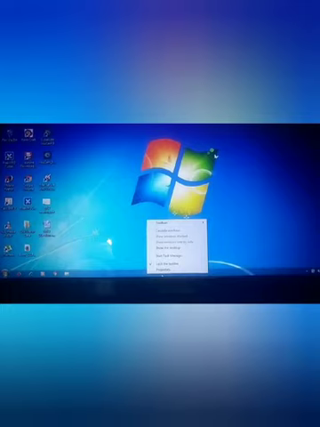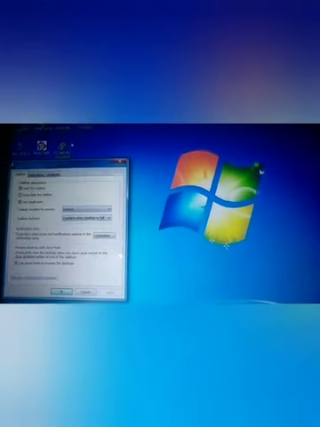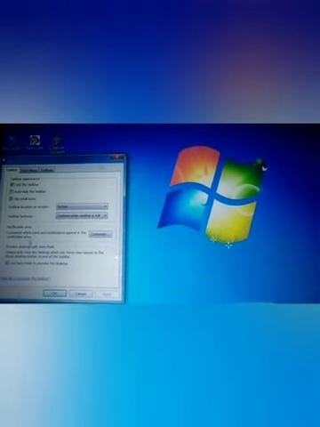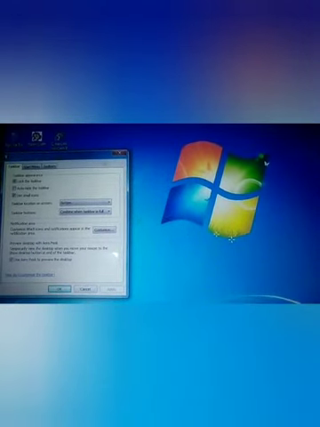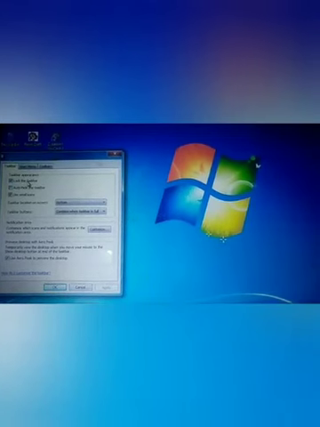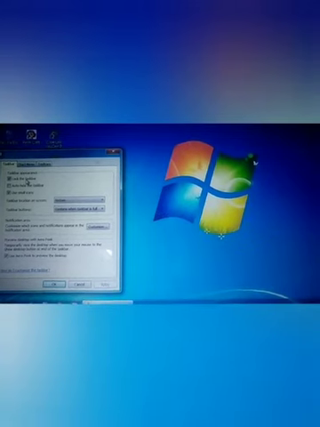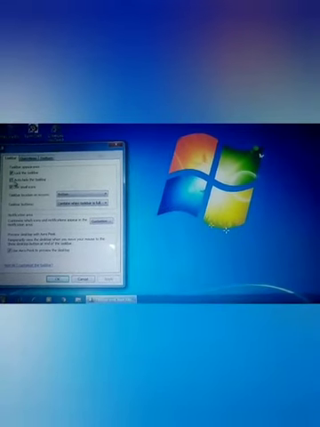See, taskbar settings are there as properties. You can click on properties. A small window will open where you can see all the settings. First, we will see by default lock the taskbar is activated so that it cannot move to any other place on the screen. Second, auto hide taskbar.